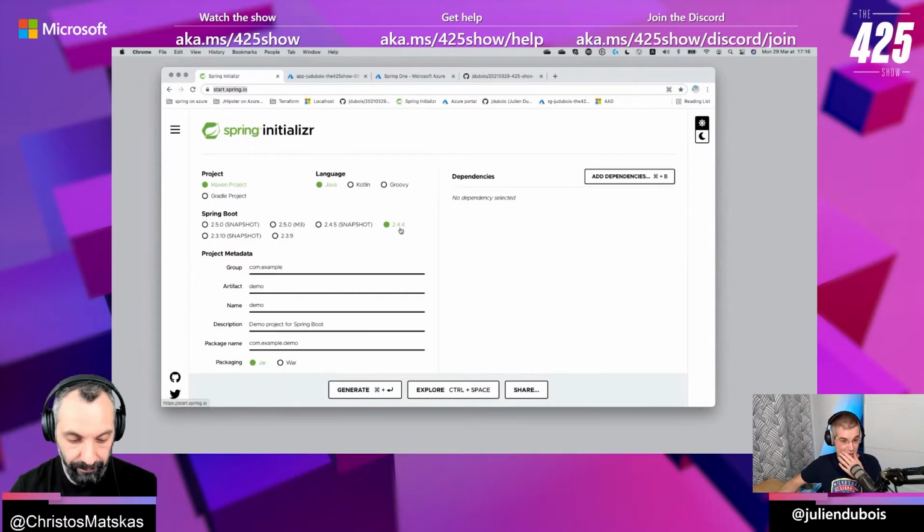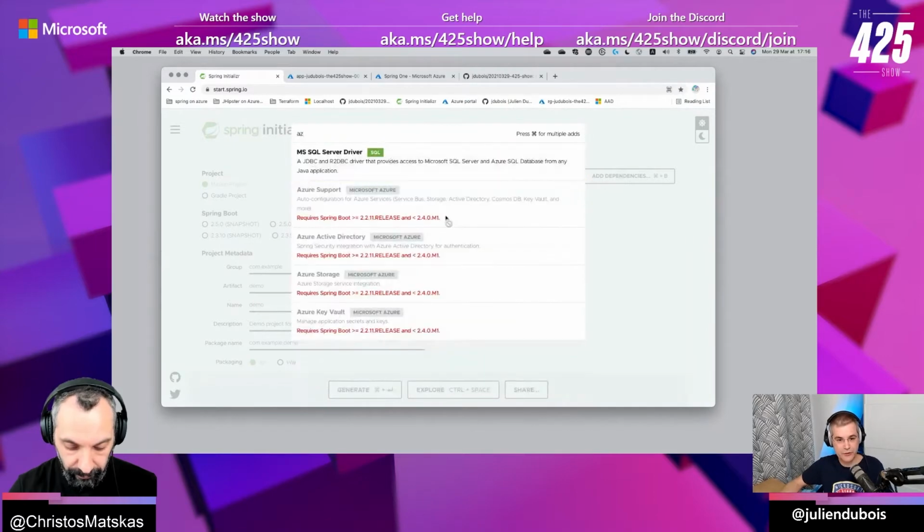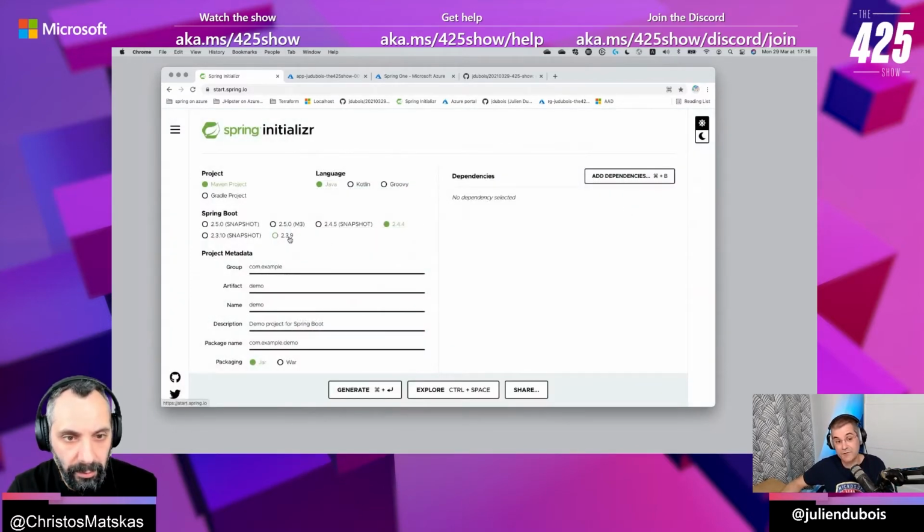One small limitation we have right now on Azure is that we should use not the latest version, but the version before. Let me just show you here, when I say add dependencies, if I tap Azure, we currently do not support with Azure the latest version of Spring Boot. It will be supported like next week or in 2 weeks. You will soon have something to not use the latest version at this very moment. Okay. It's not changing anything for what we do, honestly.